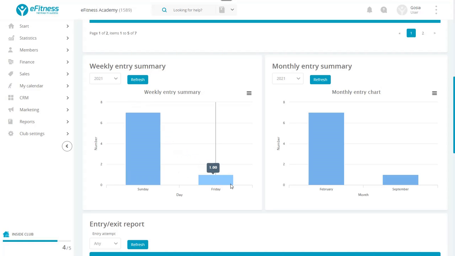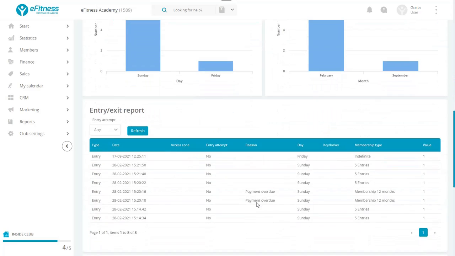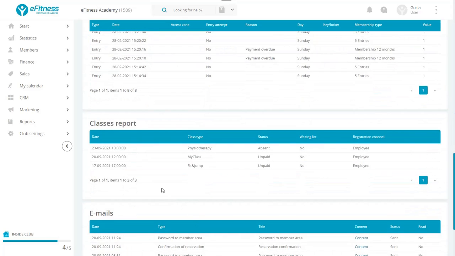Thanks to these reports, you can easily identify the days of the week on which the member works out most frequently and the months during which the member visits you most. The Entry-Exit report lets you know about the latest entries to the club, which can help you verify the validity of limited entries membership. The Classes report lets you check the classes the member has been registered for and, in